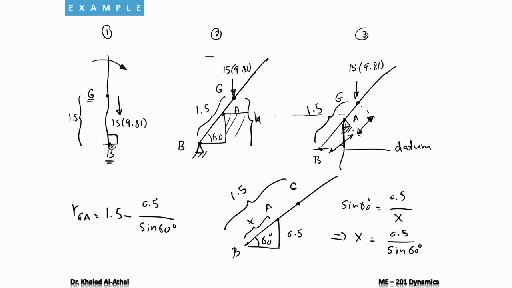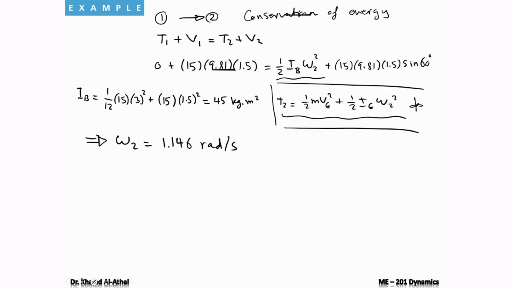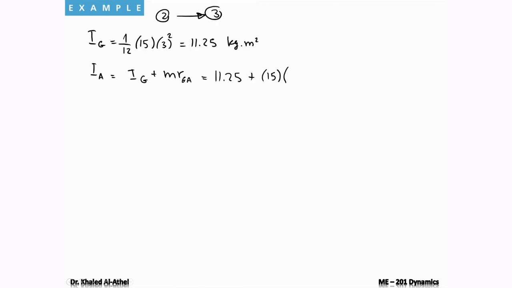And that's what I'm doing here. So 1.5 minus x gives me the remaining distance in here. Okay, so back to my problem. So it's going to be 15 multiplied by 1.5 minus 0.5 over sine 60. I'm just going to calculate this, and it comes down to 24.02 kilogram